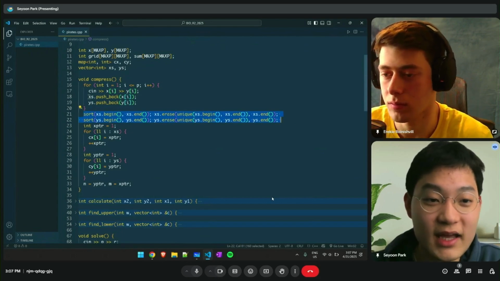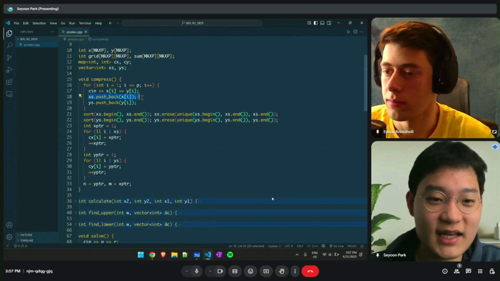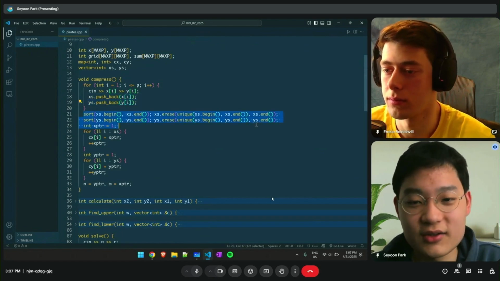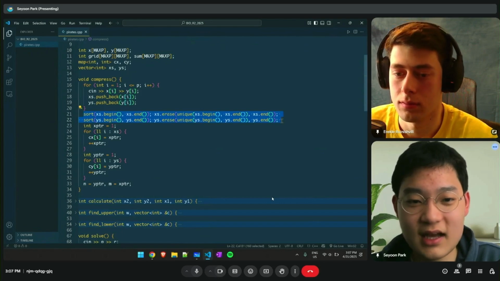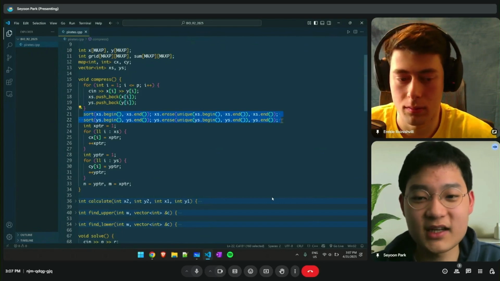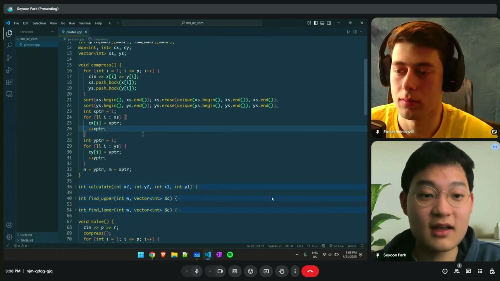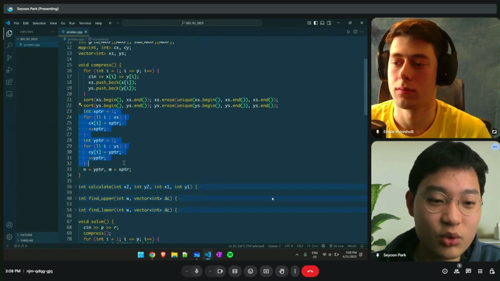I add all the x coordinates to the vector x's and do the same for y's. Then this code makes the x's and y's sorted and all the elements distinct, so there are no repeated elements. And then I do the compressing here with the map and a pointer.